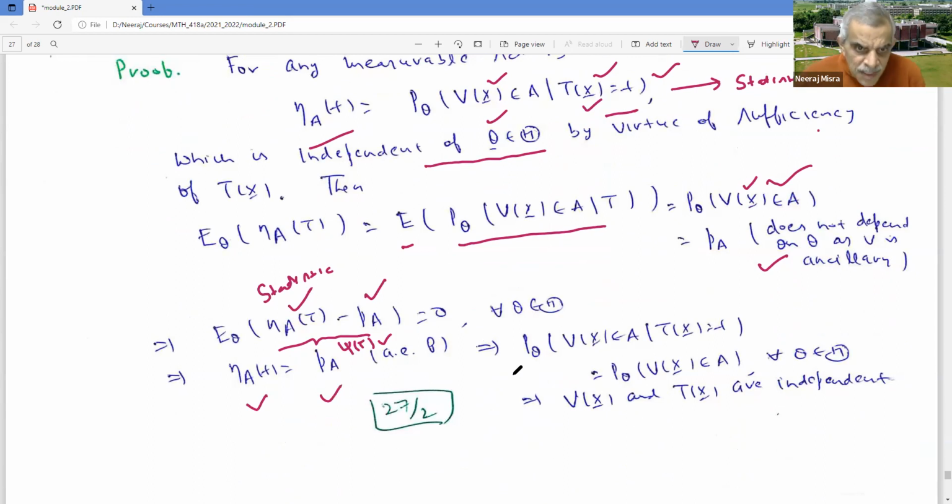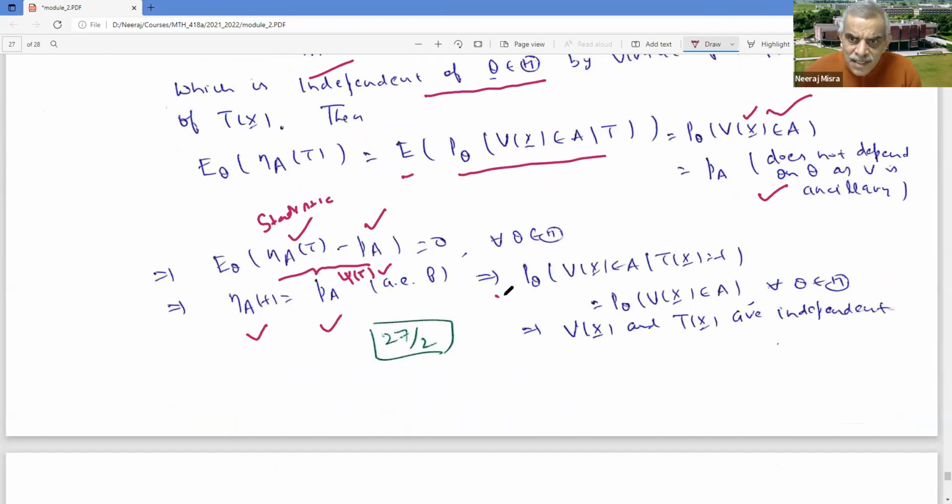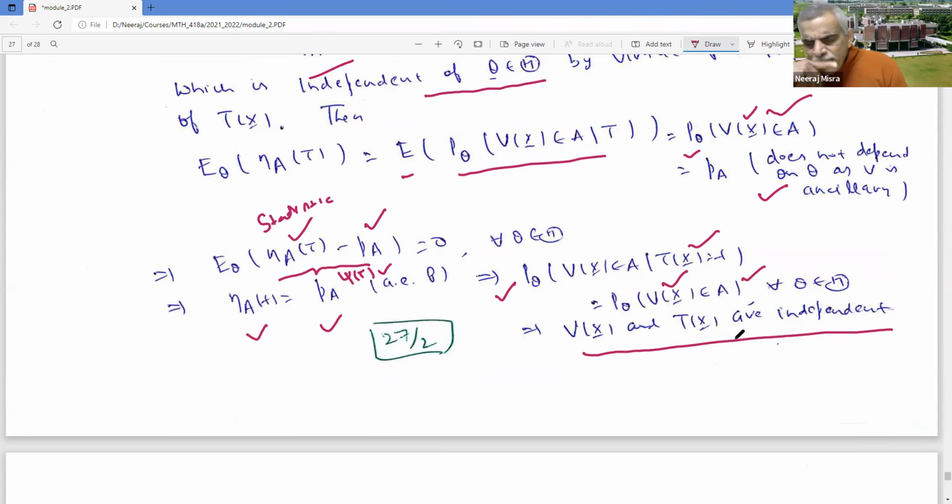What does that mean? Eta_A(T) was the probability that V(X) belonging to A given T(X) equal to T, and it is the same as P(A). And what is P(A)? P(A) is the same as the probability of V(X) belonging to A. So that means the conditional distribution of V(X) given T does not depend on T. It only depends on the unconditional probability of V(X) belonging to A. That means V(X) and T(X) are independent. Now this is a very nice result, and it turns out to be very handy to prove that two statistics are